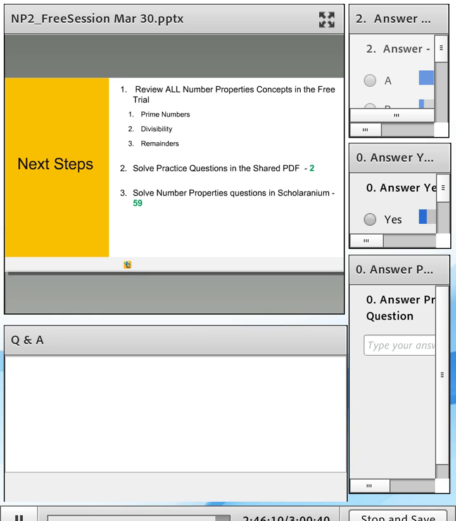Again, as you're solving questions, you need to make sure that you ask yourself, did you solve the question in the right manner? Go through the solution really very intently, and make sure that you understand each and every step in the solution.